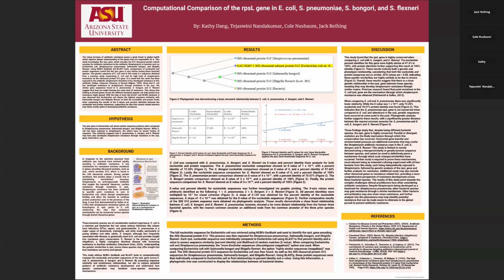Parallel or divergent evolution are the likely mechanism through which this conservation has occurred. This study is limited to merely demonstrating a change or similarity in genetic or protein sequence between species and cannot be used to definitively prove a mechanism through which such changes or similarities have occurred. Further study is required to prove these mechanisms, most relevant being an extended culturing experiment with all 4 bacteria from the study, each being independently exposed to streptomycin, followed by genetic analysis of the rpsL gene and further analysis for